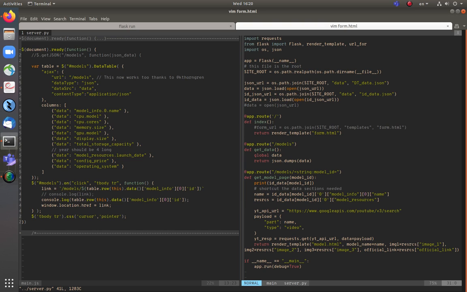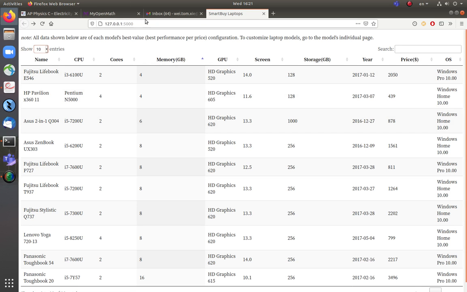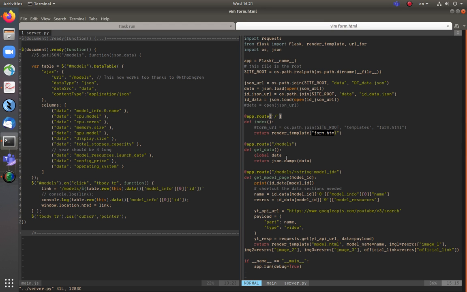The server is Python. It uses Flask, which is basically the Python module for backend web. What you do with Flask is you route these different paths of your website to different functions. So when you go to the home, which is nothing, no added path, it'll show this, which is form.html. And then to add functionality like the different models,